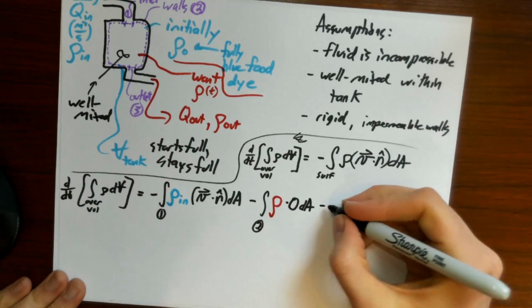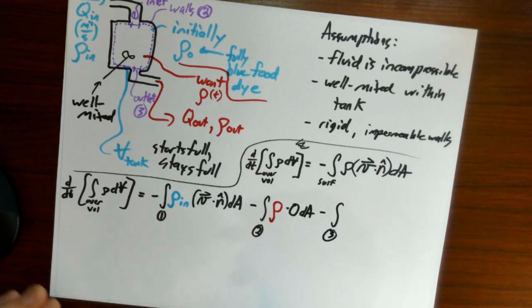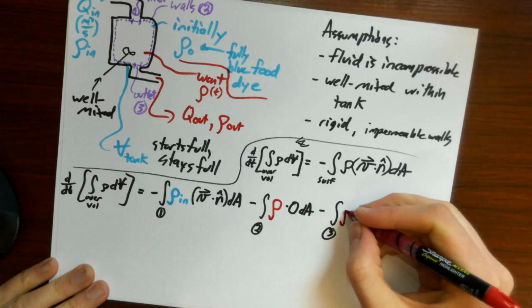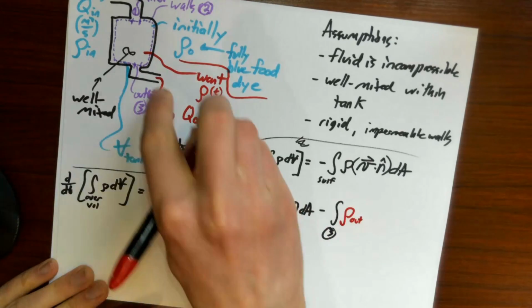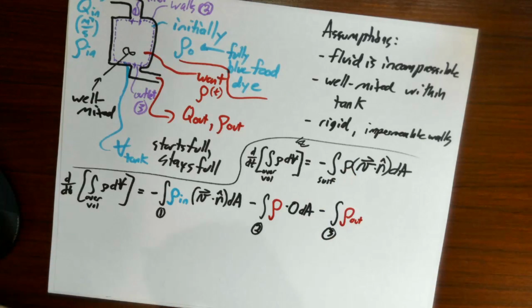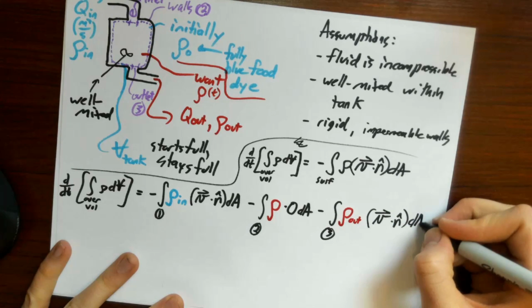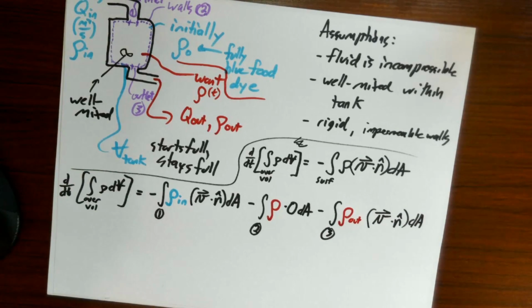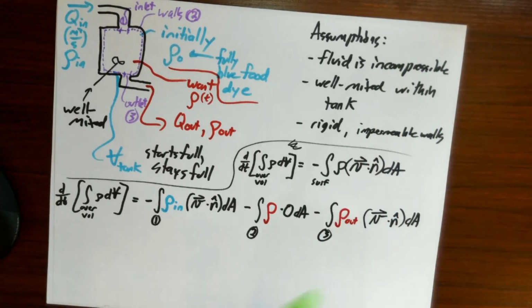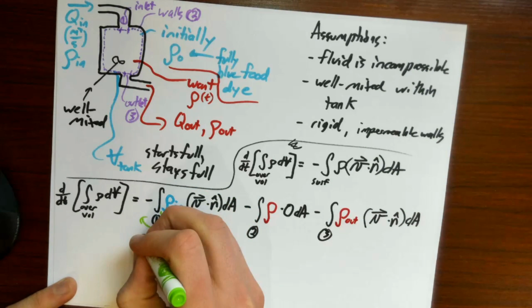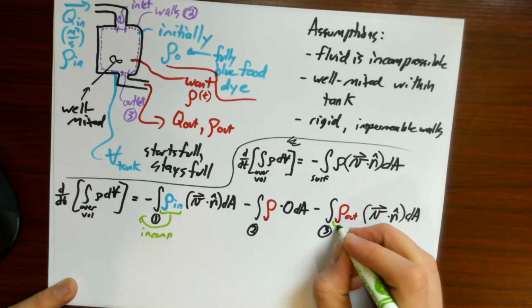And now, the final surface, surface 3, that's going to be rho out. So whatever density of fluid happens to be coming out of the tank is going to be rho out. And we have a v dot n that we haven't quite squared away yet, whatever this happens to be for surface 3. Okay, so we assumed our fluid was incompressible. So that's going to allow us to pull densities